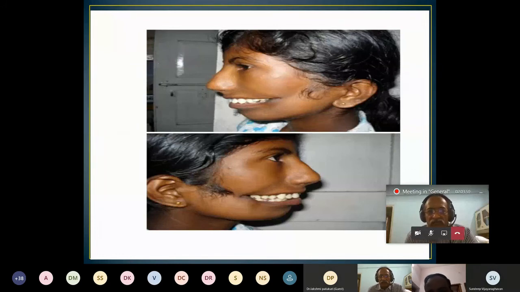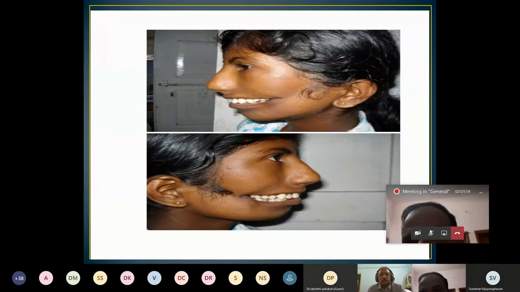So what are the other deformities you see in this patient? In this patient there is an anterior open bite, sir, and you can see the show of upper molar teeth, and there is a low hairline, that is the sideburns at the lower level. There will be a less prominent antegonial notch and mandibular hypoplasia. Very good.